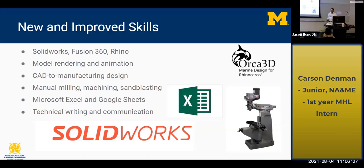Taking what I make in these models on the computer and saying, all right, well, now I have to manufacture them, and realizing that I have to do a lot of considerations for how that's actually going to be made, either by just drilling holes, using a mill, or creating that on a CNC, however that's going to work, that's got to be considered. And that's something that, if you're just having fun designing something, can be easy to forget. Growing a lot of skills,